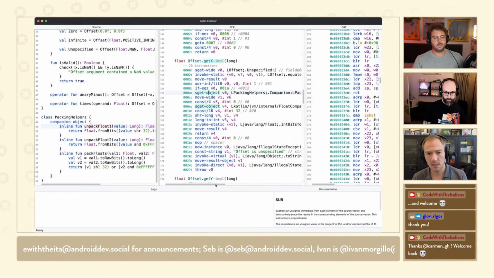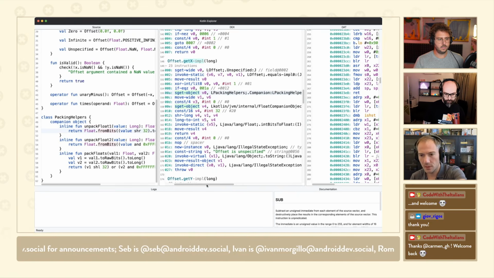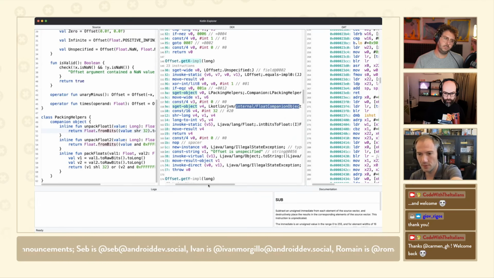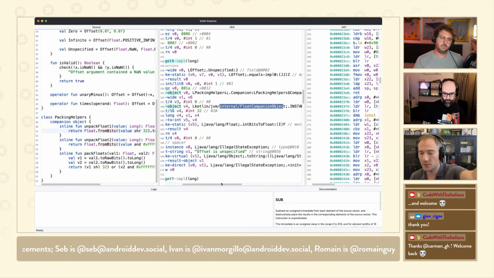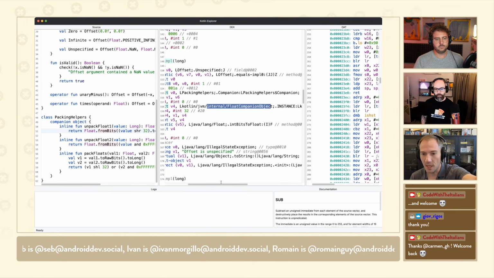And then you can see, even in those methods that I wrote that are inline here, we call Float.fromBits. The way that's implemented in Kotlin is through another companion object. So there's another static load, another memory access, another check to see if the class was initialized statically, right? And we still haven't done the work.